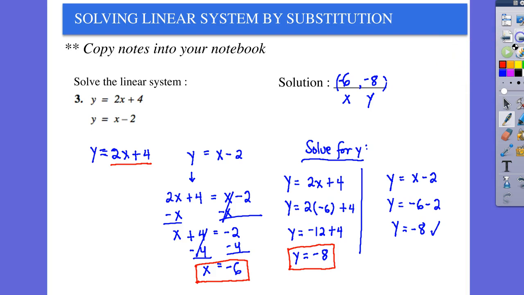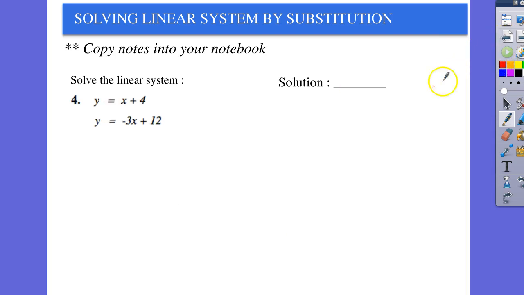Okay, I'm going to do the last example over here. So again, you're given a linear system. You know that if there's one point of intersection, you're going to have x and y coordinates here. So this one again, they didn't give you any value of x or y. They gave you an expression equivalent to y. So when you have something like this, since y is equal to x plus 4, and y is also equal to negative 3x plus 12,